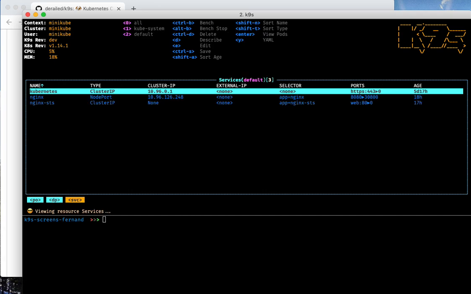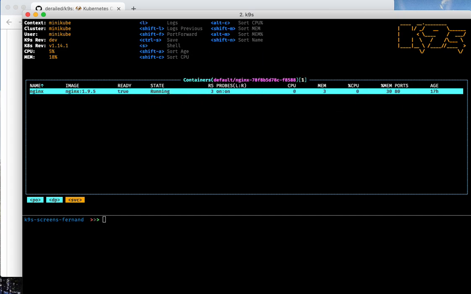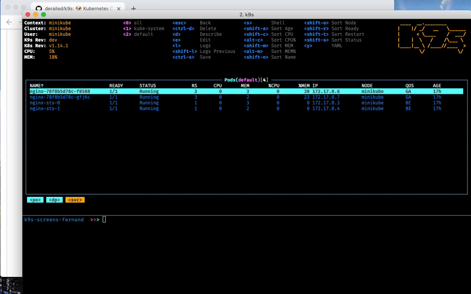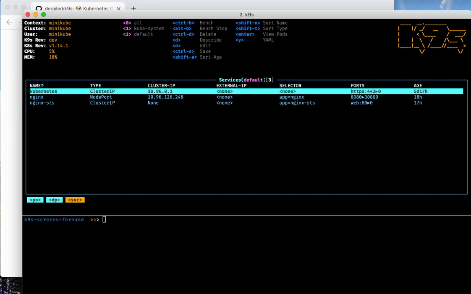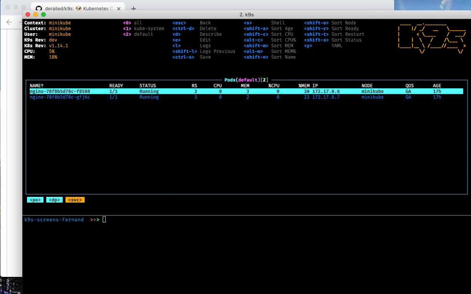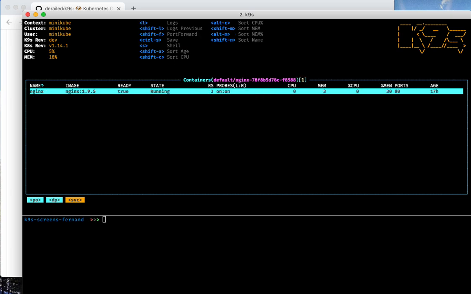One thing that was missing is when we talked about services, we didn't have that ability yet. So we've added that in the latest release, where now from a service, I can navigate to the pods, to the container, just like we did with deployments, stateful sets, and so forth. So that's kind of handy. In this case, from my Nginx service, I can navigate to the two pods that are associated with that service and drill down further to the container.